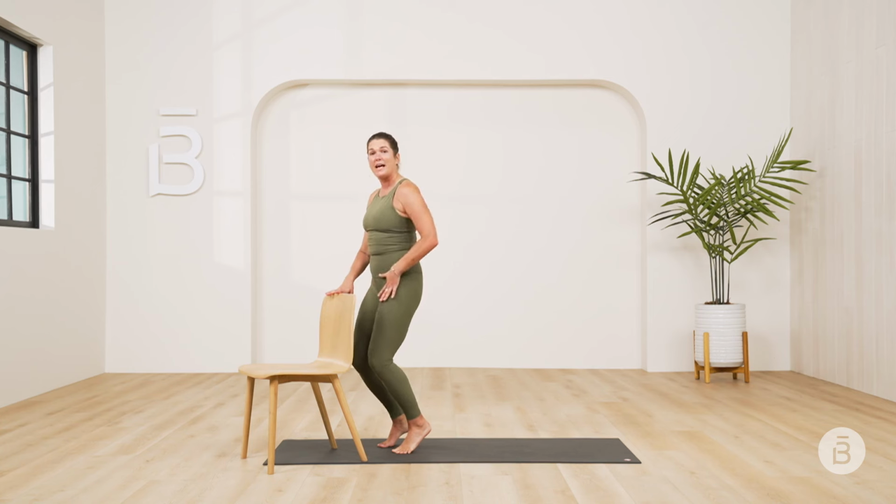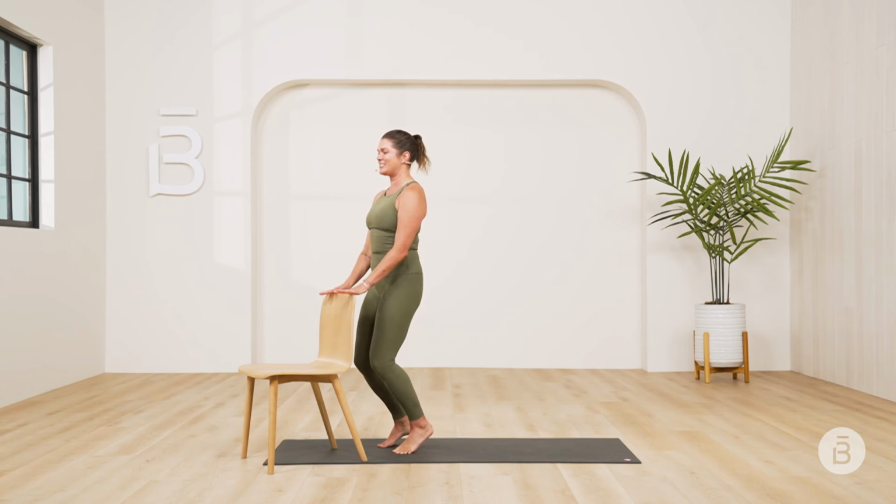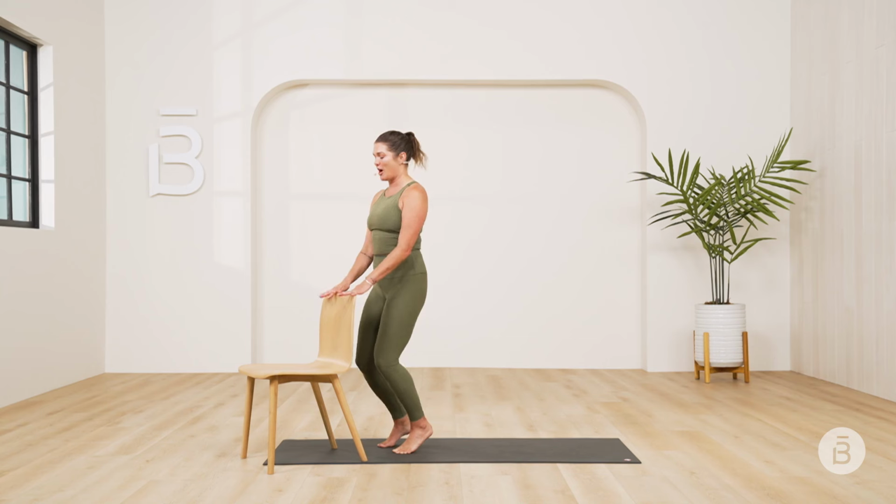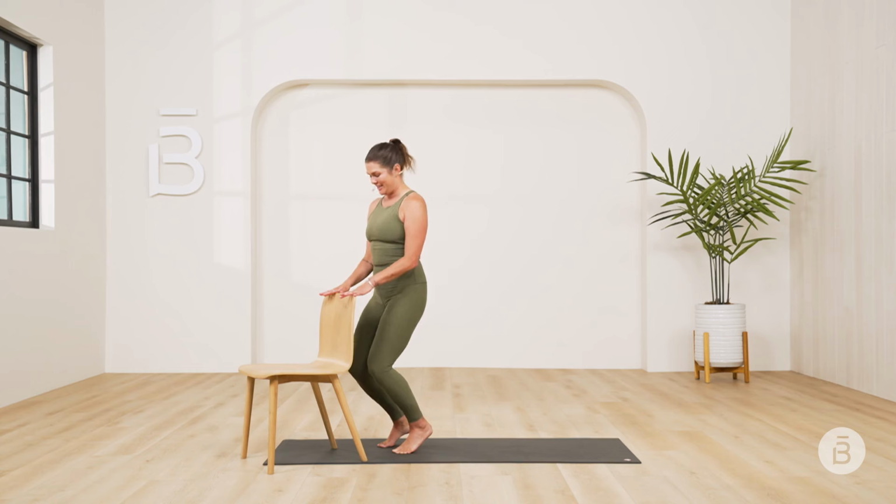Your knees are bent and tracking over your ankles. Level out through your hips, tailbone heavy, low abs engaged. Roll your shoulders wide and down your back, lengthen through your spine, and then maybe bend your knees and get a little bit lower. Small range movement, we drop down an inch and up an inch, down an inch and up an inch. So beginning with small range movement, right away you're gonna start to feel a lot of heat